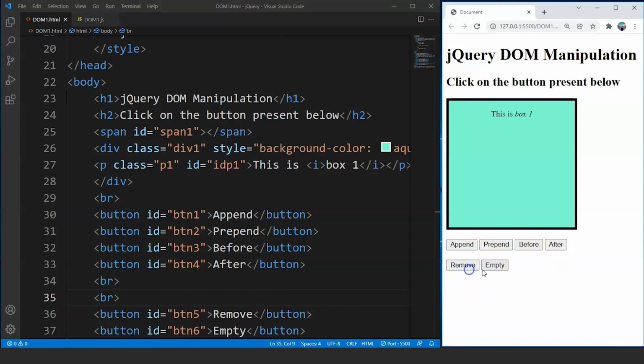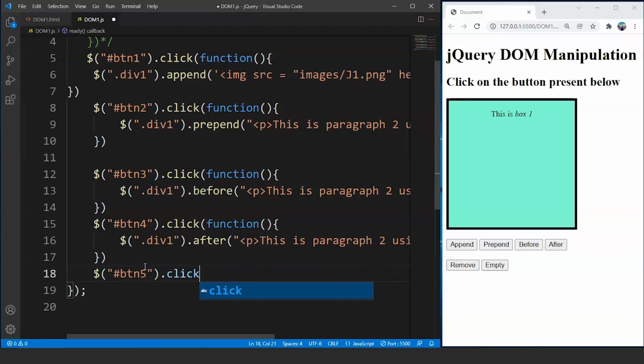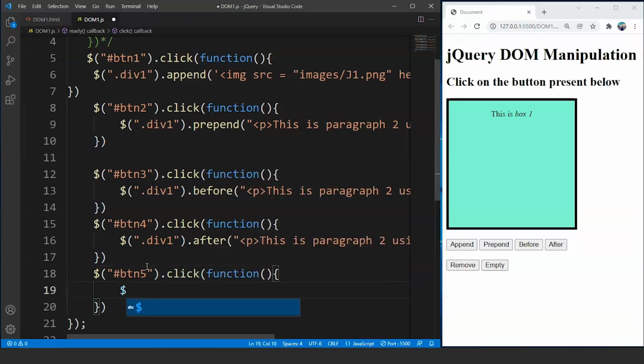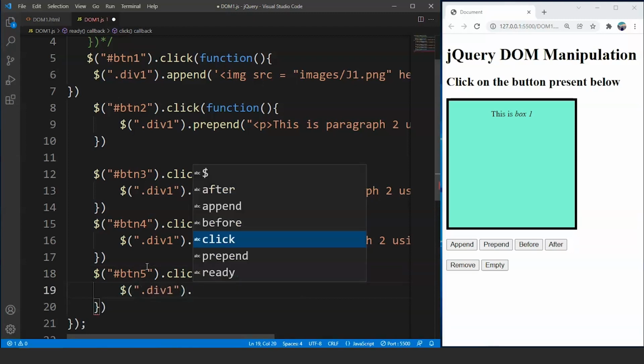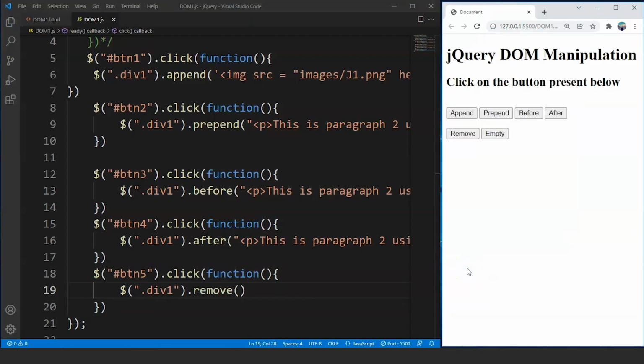The remove and empty buttons are not working as of now, so let's write the code for these buttons as well. Now what we'll do is we'll remove this whole box from the screen on clicking the remove button. So for that we have to write here $. We have to access the remove button, so we'll use the ID over here. The ID is 5. Then we'll write here again click. This thing remains the same every time we use jQuery. So the next thing we are going to do is we are again going to use the div class. So we'll write here div1, and then we'll write here remove. Fine. We have to create a method remove, and we are good to go. So save this program and click on the remove button over here, and you guys can see the whole box is completely gone.